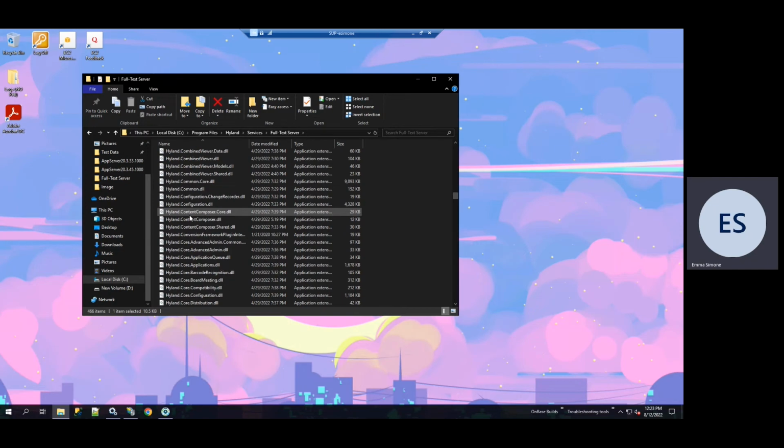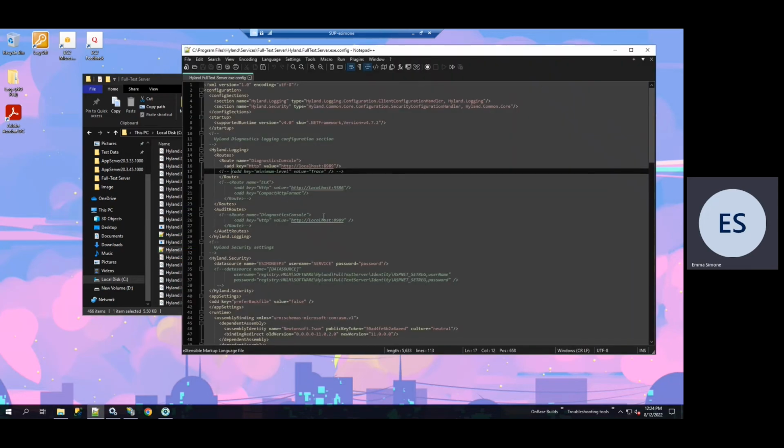And we're going to look for the Hyland.fulltextserver config file. Here it is, the Hyland.fulltextserver.exe file. We're going to open that up. And what I want to show you is how to enable logging in the diagnostics console for your full text server. In EP1 and above of OnBase, this is the way that you're going to want to enable the logging for full-text server. On line 17, for example, you're going to look for the add key equals minimum dash level value equals trace. To enable that, you just comment this part out right here,